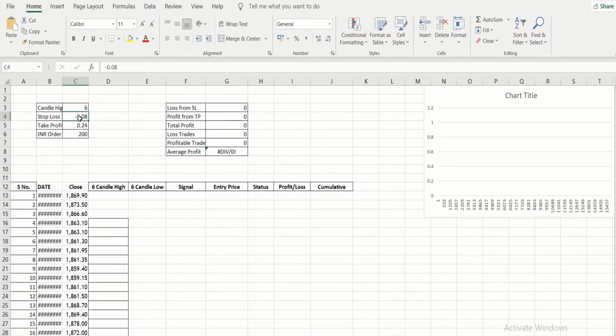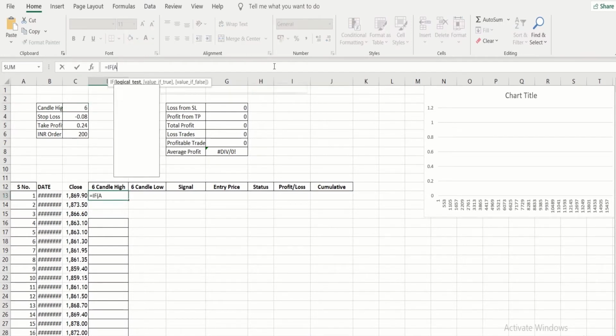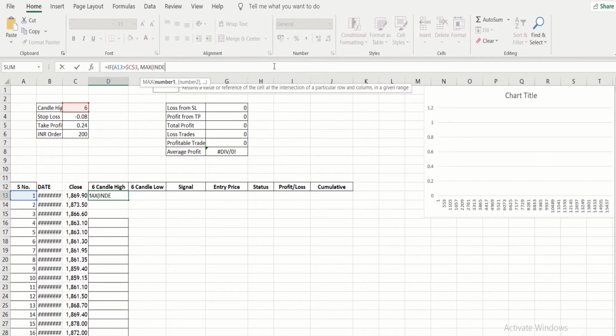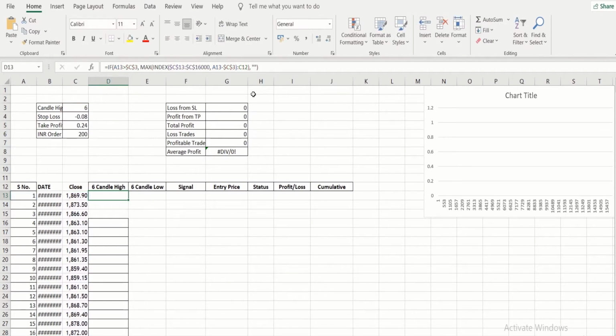sheet. Now, let's move ahead with column D, where we need to calculate the maximum value of the last number of candles. So here we will use the max function with 6 periods, but you might find suitable parameters that provide higher profits than this return. So we have got the value here, then just drag and drop down, which will give the value for the